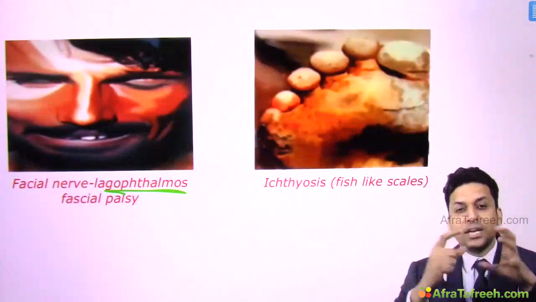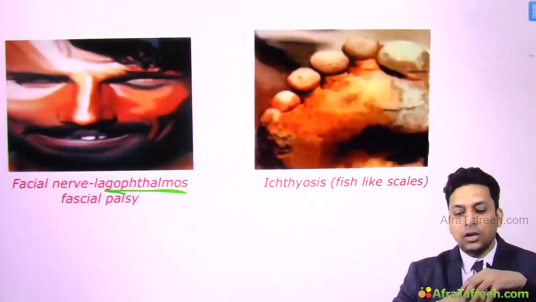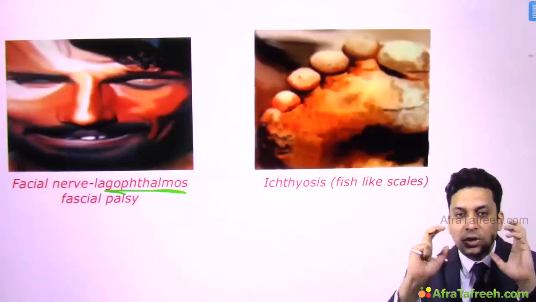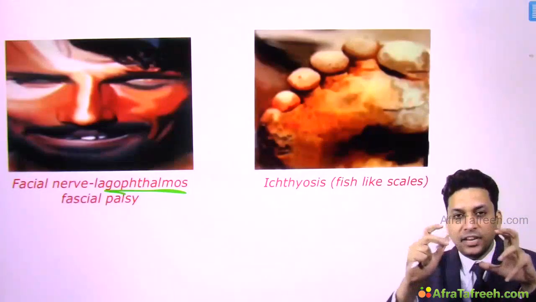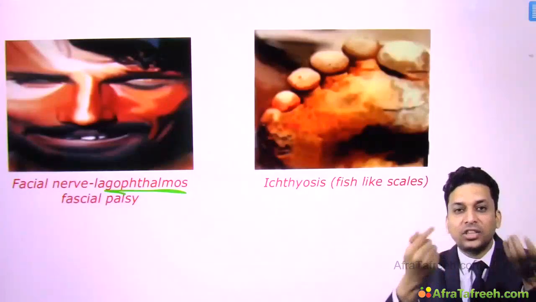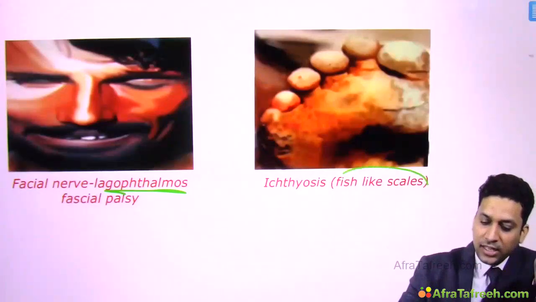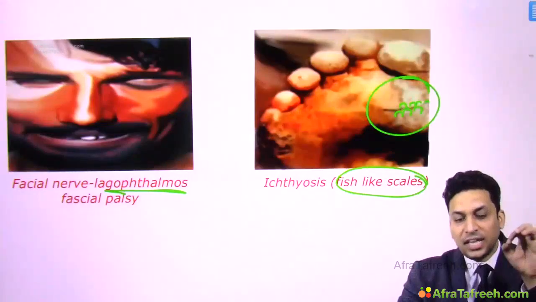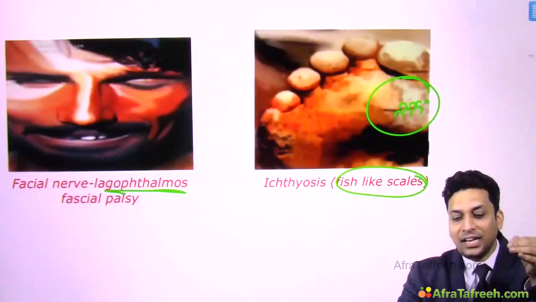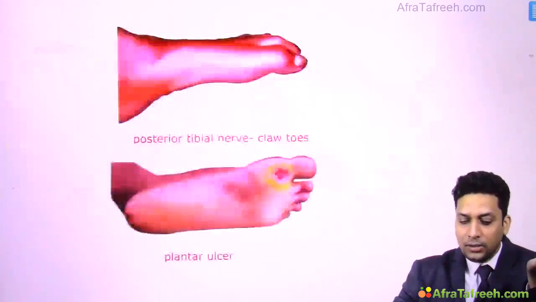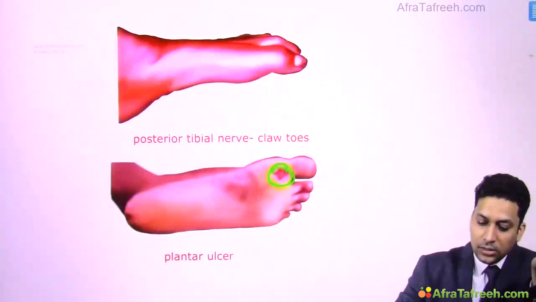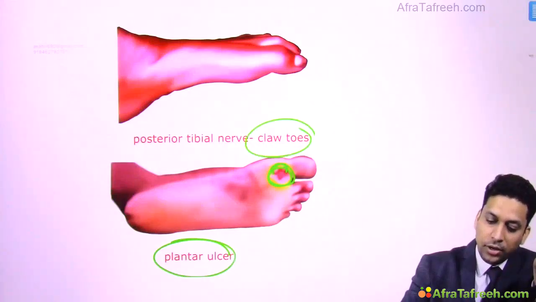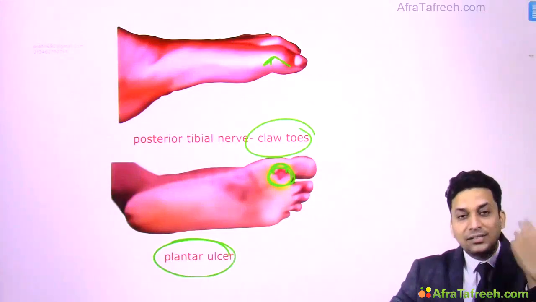Then the skin becomes very dry. Like I told you, there is autonomic system involvement. So what happens is that there is loss of sweating and the skin becomes very dry, and due to dry skin, ichthyotic changes start appearing. So fish-like scales might be present. Like you can see here, these fish-like scales might be present, and these fissures or the dry skin lead to cracks, and later on it can lead to plantar ulcers. Here you can see clawing of the toe. So plantar ulcers might arise.